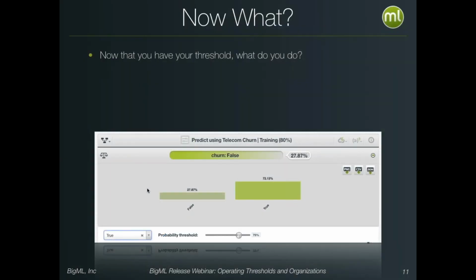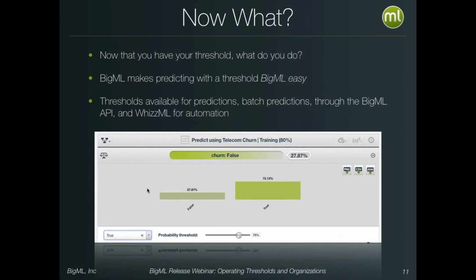Okay, so now what? Now I have this threshold. What do you do? Fortunately, once you've determined what your probability threshold is using the evaluation tool, BigML makes using the threshold awfully easy. Basically, there's always a button or a slider to use in the prediction interfaces for prediction and batch prediction, or if you're using WhizzML or the API, there's a parameter you can send that allows you